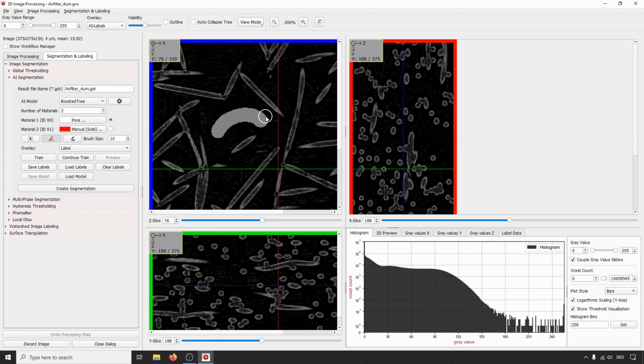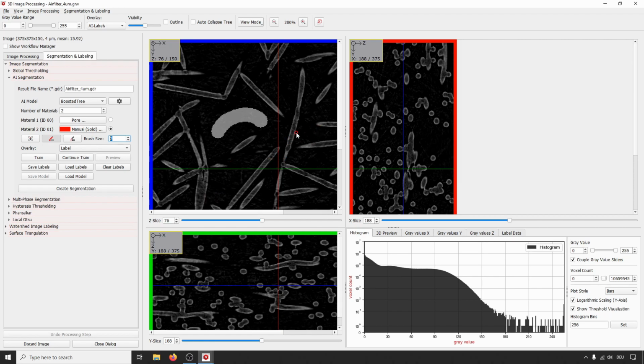Now we have marked some of the pore space, and we clearly also want to label some of the fibers. So we switch the material here. Then you see that the circle turns red, but we can directly see that our paintbrush here is a lot too large for the fibers. So we turn this down here, for example, to 4 voxels. Let's see, no, that's still too large. 3 or even 2 voxels might fit in one of the fibers.